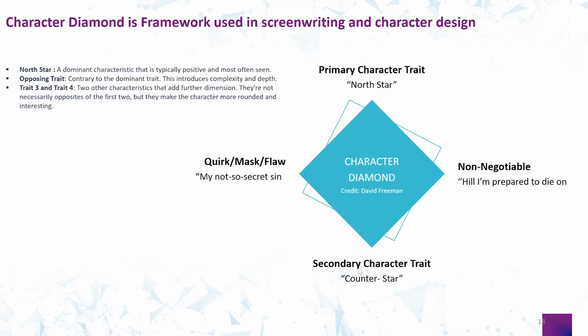It could be slightly opposite, or it could be something else. The secondary trait is related to the first, right? But it's not as strong as the first one. That's your secondary one. Whereas the other two are opposite, right? The other two could very well be